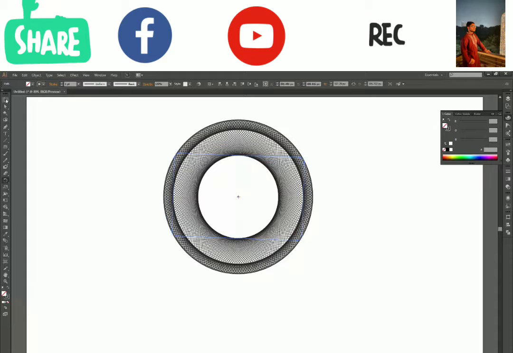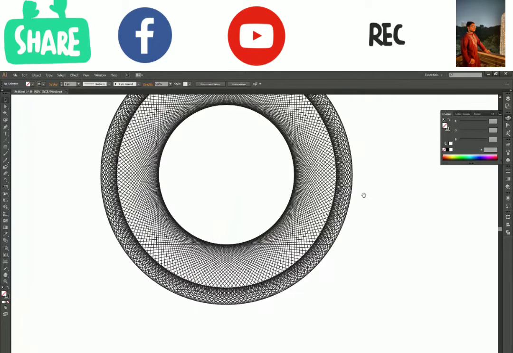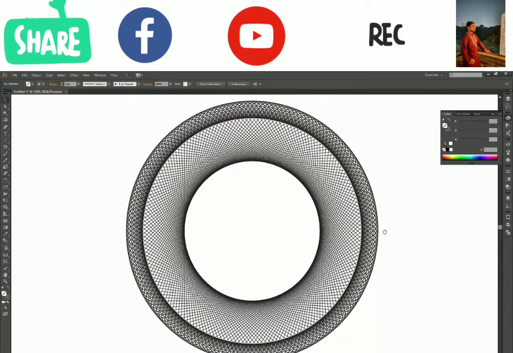Okay, so this looks really good, and now you can see we have actually created a very interesting design over here, which if you wanted to create by lines or by pencil tool or any other tool, it would have taken you ages. But right now I just made some changes in the option window and I pressed Ctrl D and here I have a very nice and interesting design.